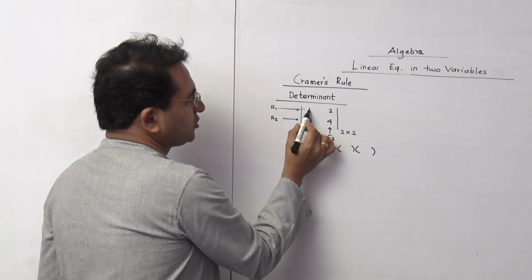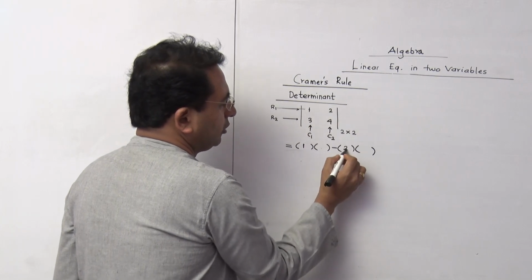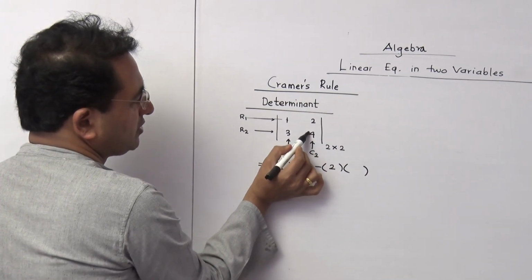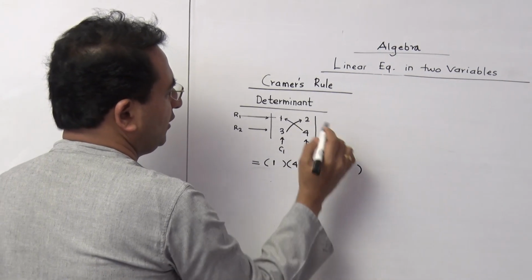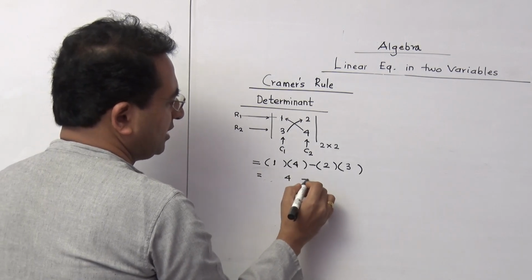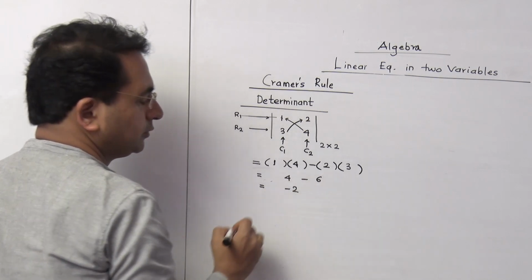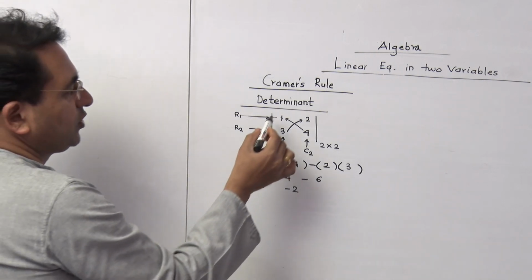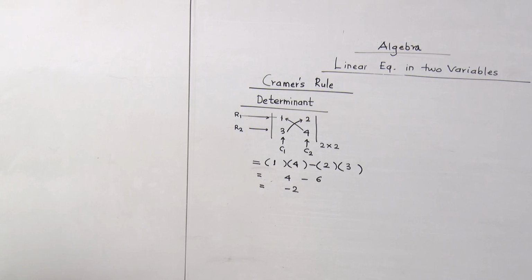Now first you highlight this element, it is 1. So we write 1 here, and this number we write in the third bracket. It is crosswise multiplication, so this 4 we take along with 1, and this 3 we take along with 3. So your answer is 4 into 1, that is 4 minus 6. And that's why we get the answer as minus 2. This is the way in which you find the value of a determinant. They can ask you this question for 1 mark. Is that clear to you?